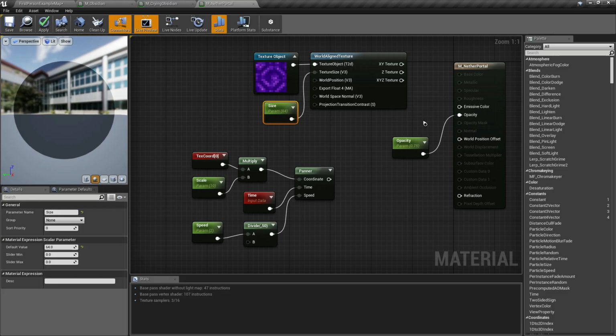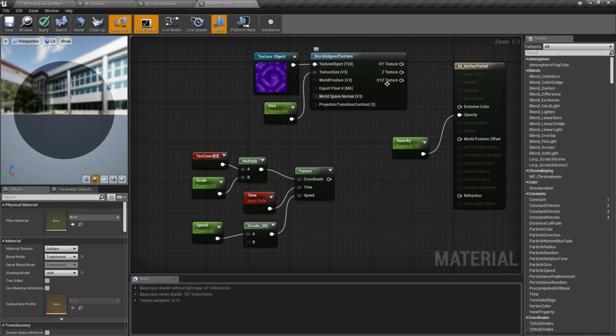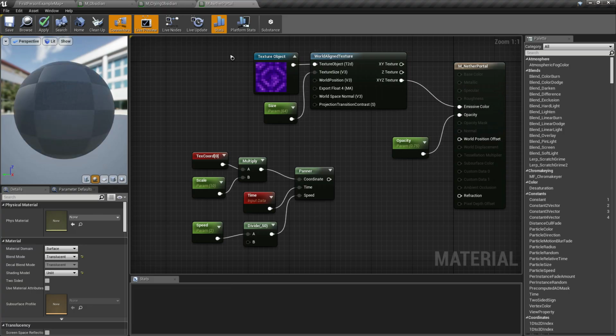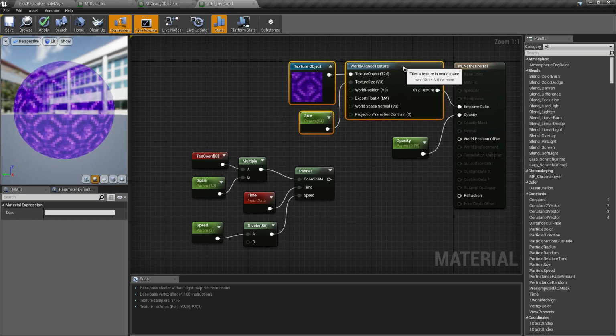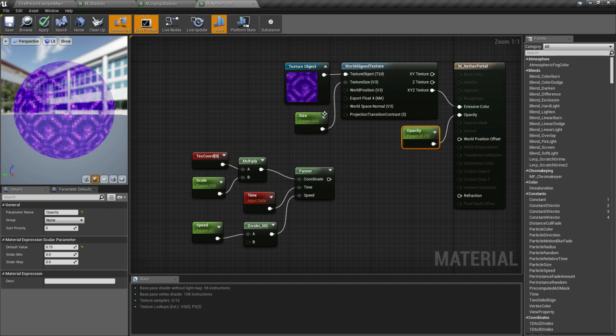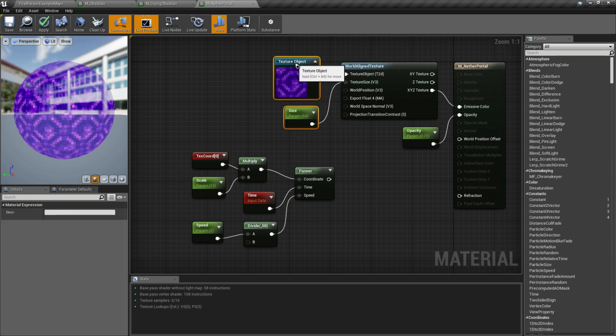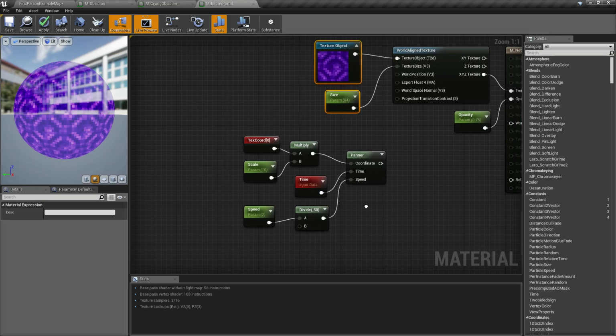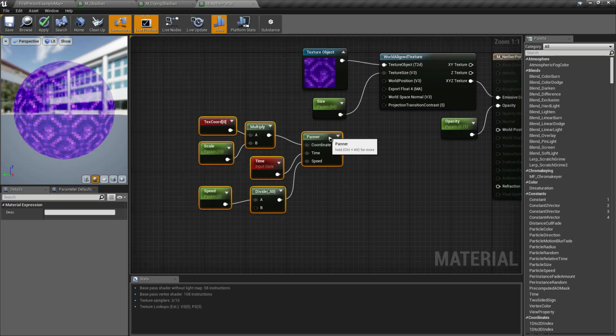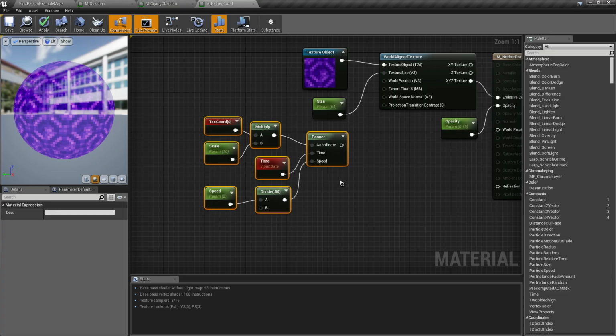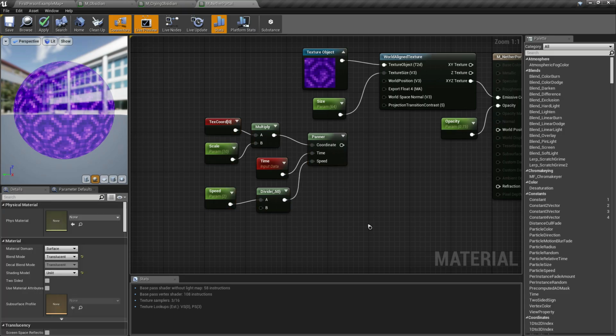Now that we have the world aligned texture, we're going to connect the XYZ texture on the emissive color. Then, as you can see, our panner has no way to have any connection on our texture object. So we're going to call another node.